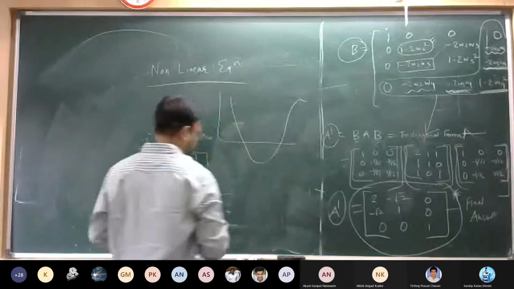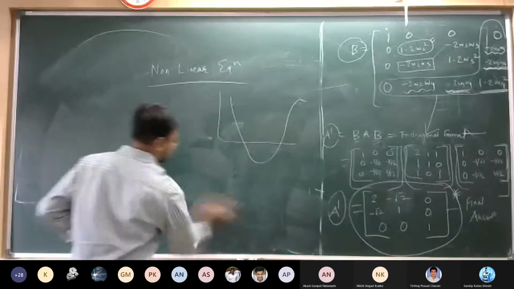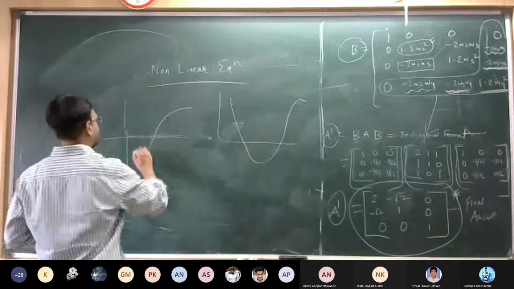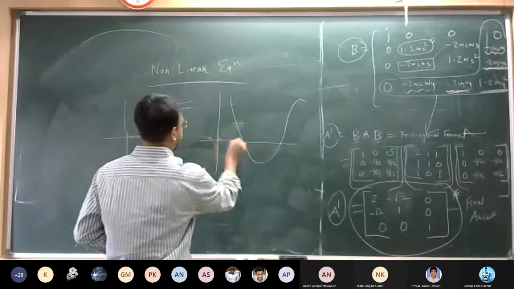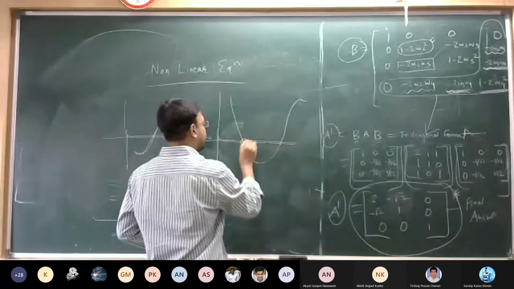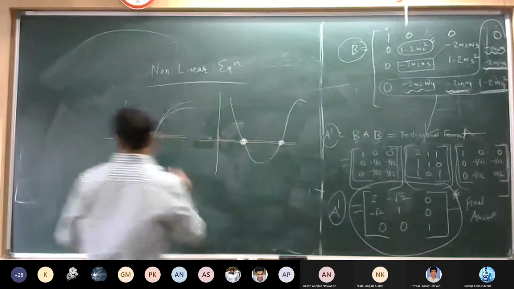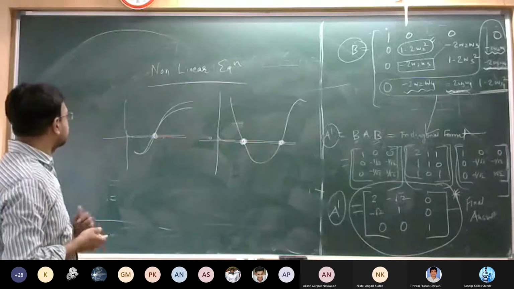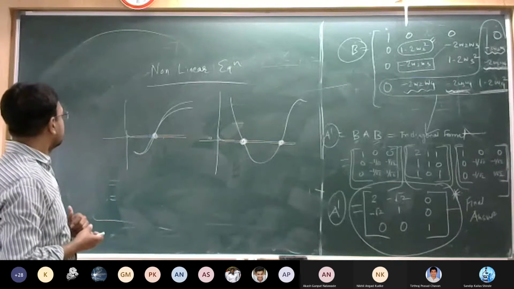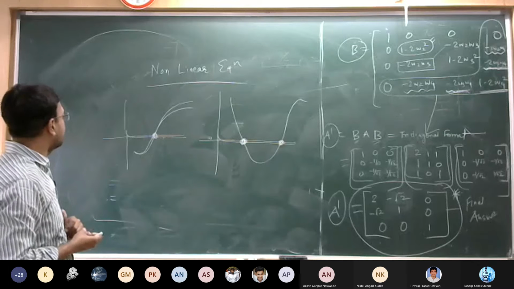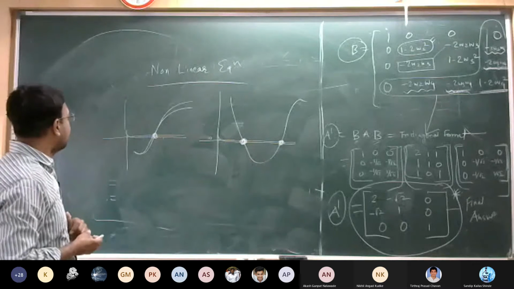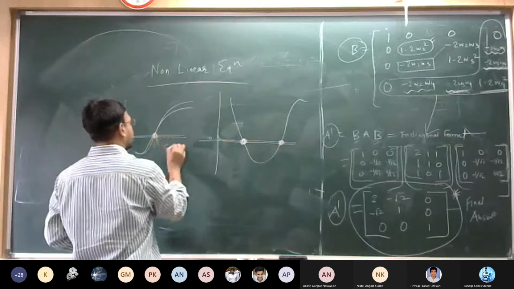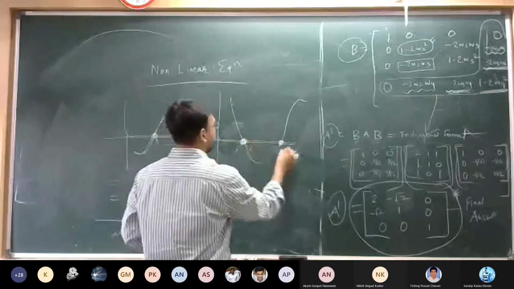This would be the equation for the particular nonlinear format. It could be like this also. So we need to find the solution, the point where the line crosses the x-axis. So this is the x-axis, and at which point, whenever we put the different values, this particular line becomes 0. This would be called a solution of that particular equation. Again, this would be a solution of that equation.